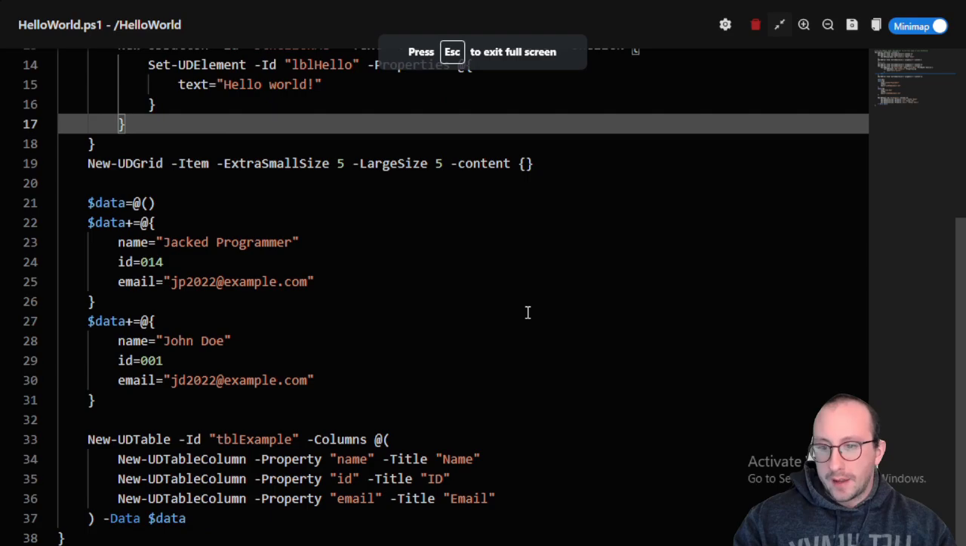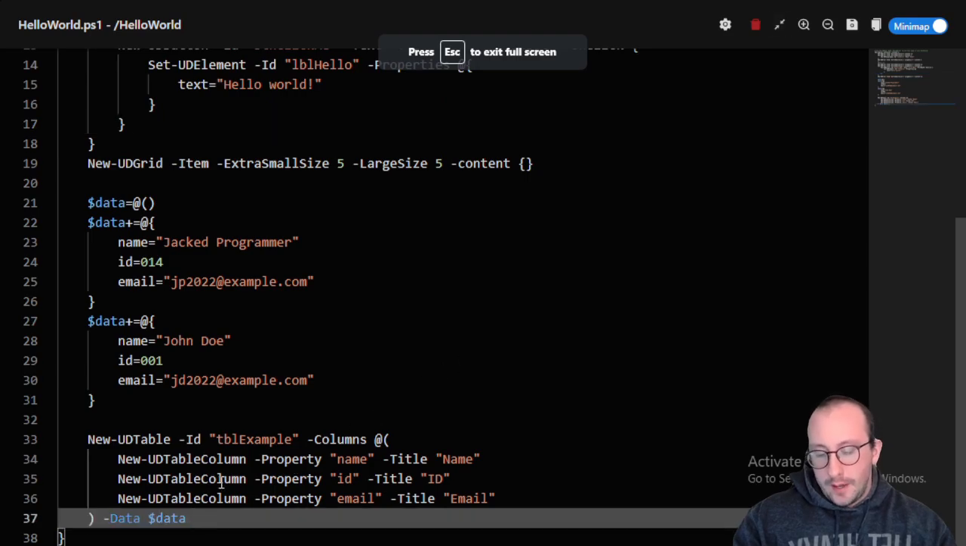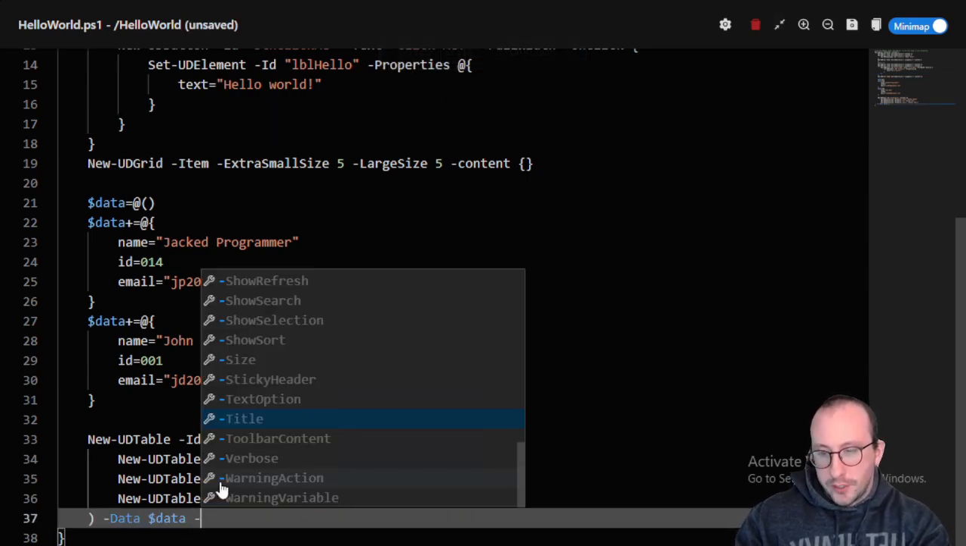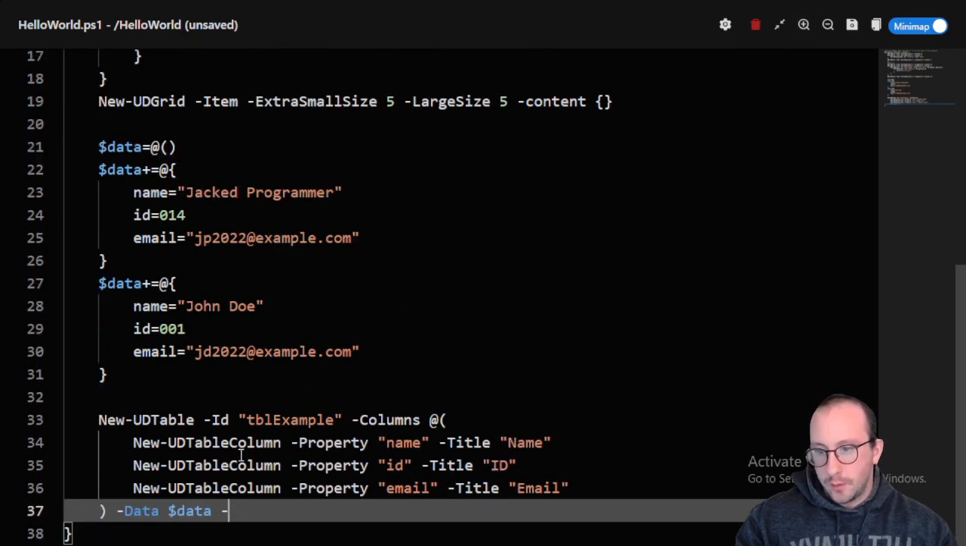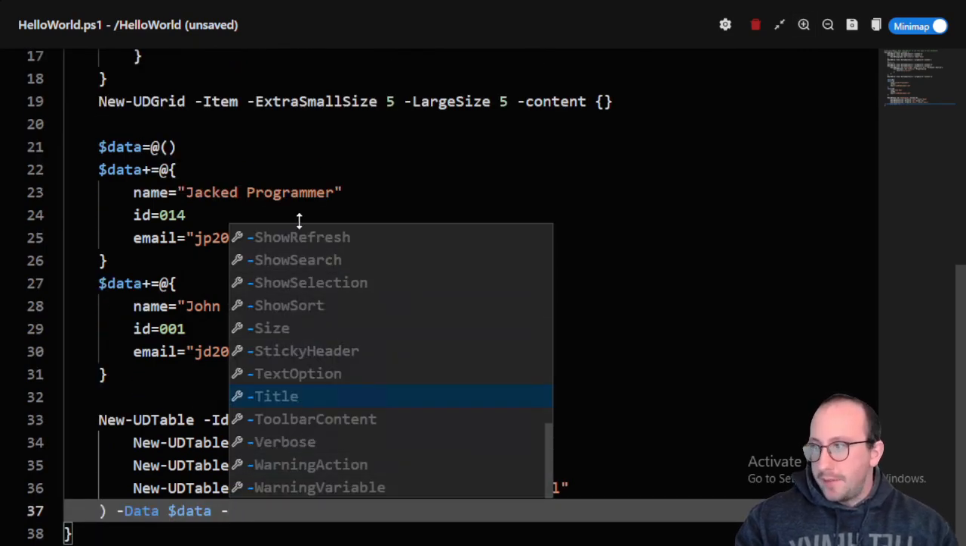So let's go back into the code here, and we can actually add a bunch of different options here. So if we do a dash, you're going to see a bunch of different properties. We can do a show refresh. We can do a show search. And let me actually just zoom in here once again, just so you guys can actually see what's going on. So we have a show refresh, a show search, show selection, show sort. And we're going to see there's actually more options if we go into the columns, but let's go ahead